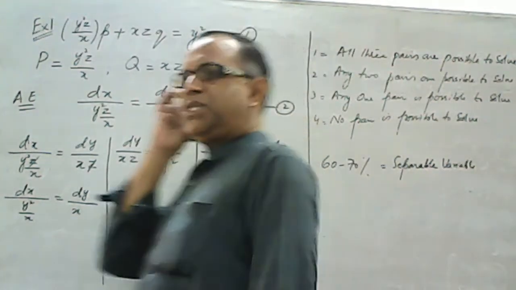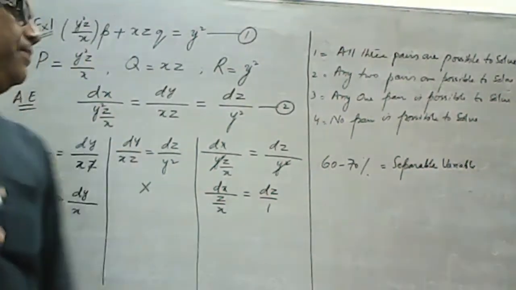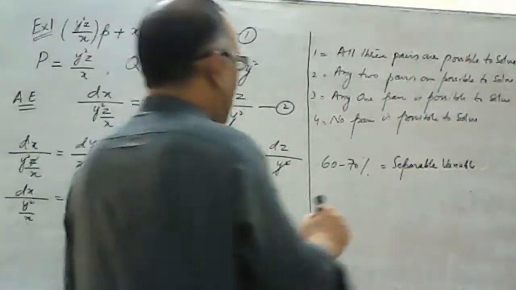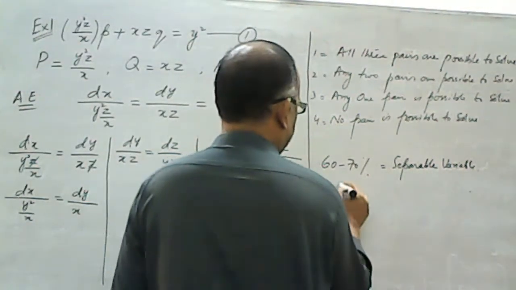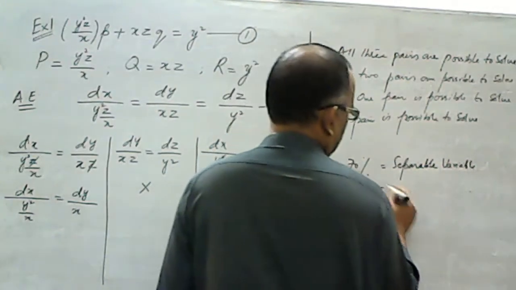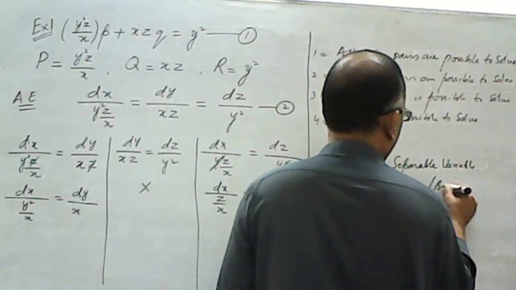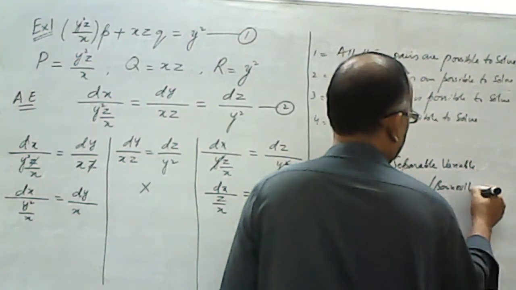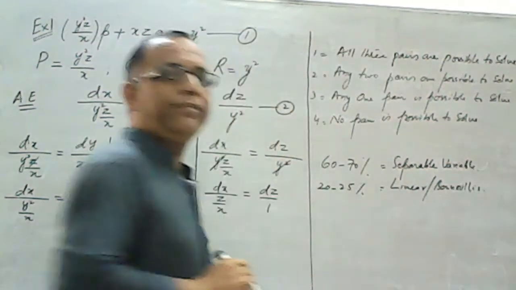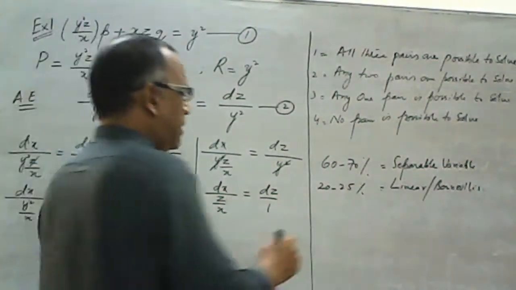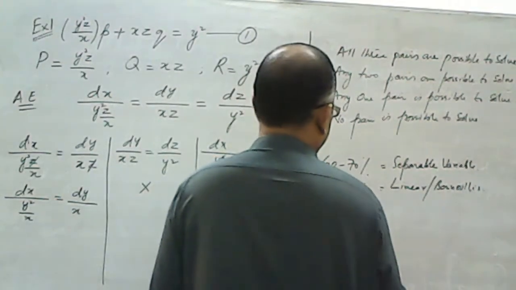In around 20 to 25% cases, you will see that these are cases of linear or Bernoulli's. And in only around 5% cases,